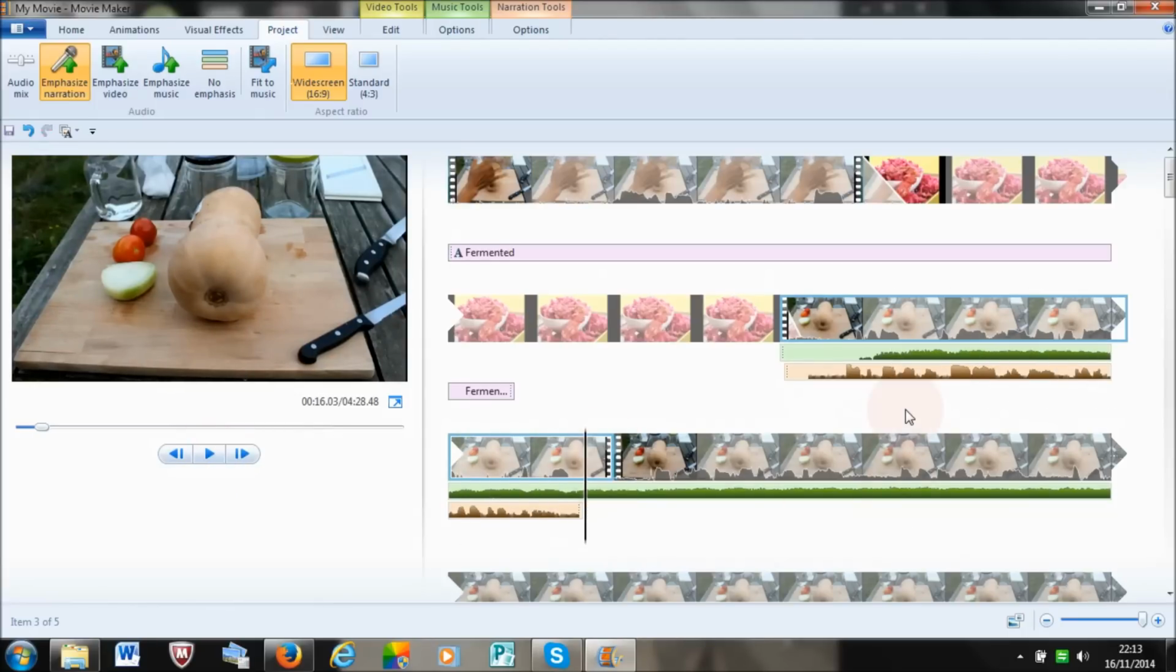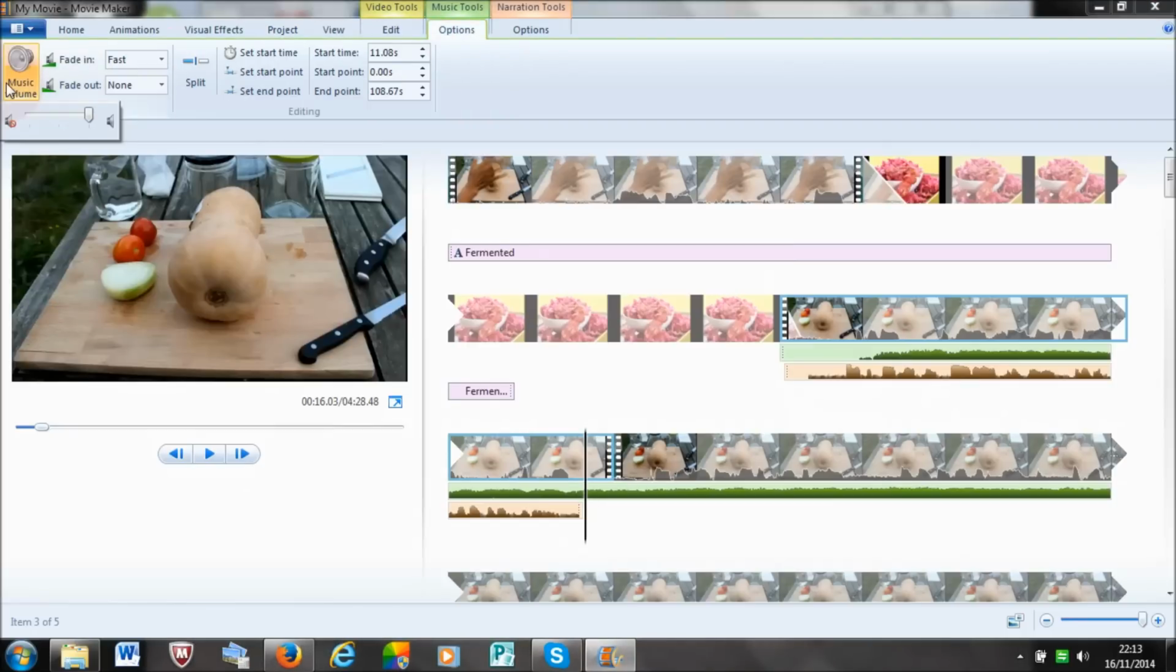So it's already a little bit better, and again, at the moment the music is on full volume. So if I adjust that and make it a little bit lower, and I go back here,